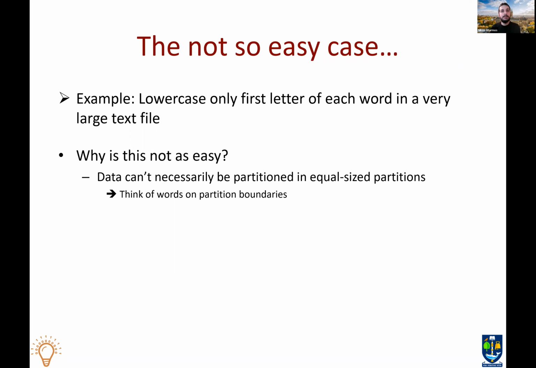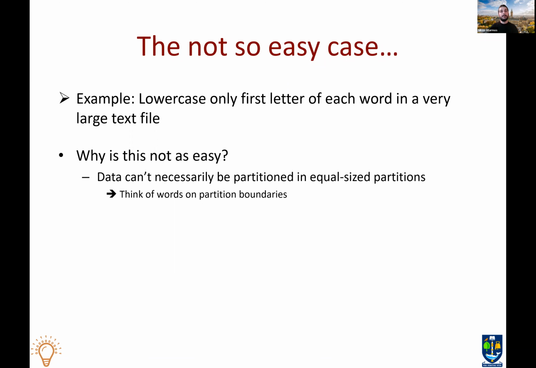So the first problem here is that data can't necessarily be partitioned in equal size partitions. So think of taking your file and splitting it in equally sized chunks. And then there is this word that is across partitions. It begins at the end of one partition and continues into the beginning of the next partition. What would the